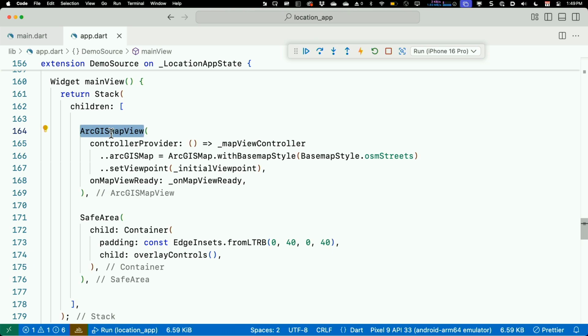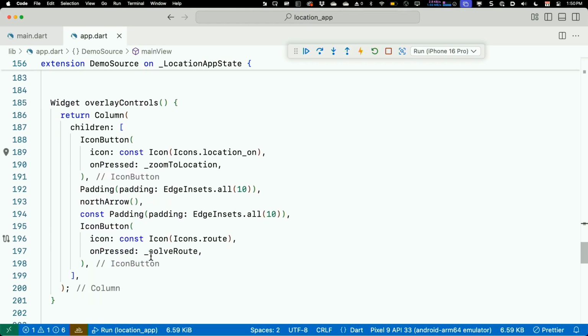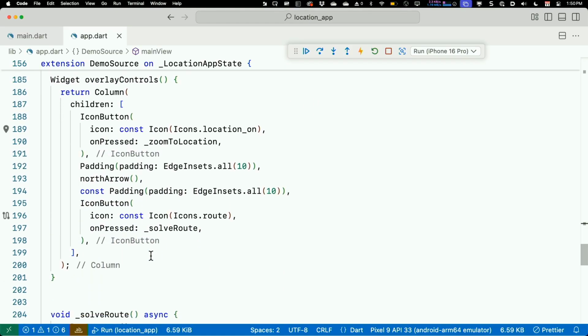Now, Flutter applications are comprised of widgets. Widgets arranged around each other, on top of each other in a hierarchy. We provide that ArcGIS map view. We set it up with a simple map using our OSM Streets base map, and we set an initial viewpoint. And then we've got some overlay controls. Now, those overlay controls are defined down here, but before I dig into those, let's take a look at them